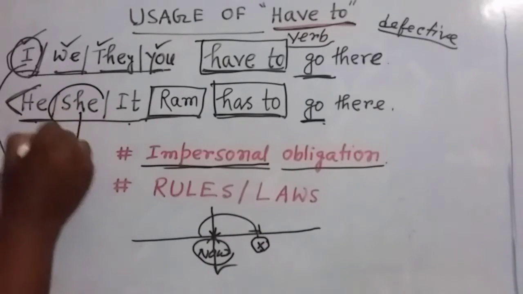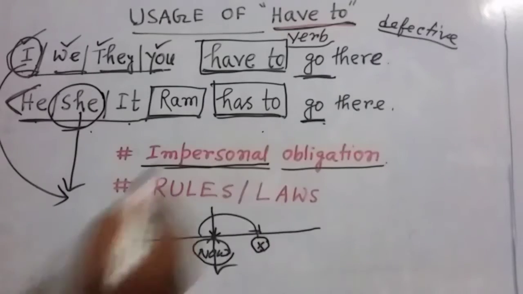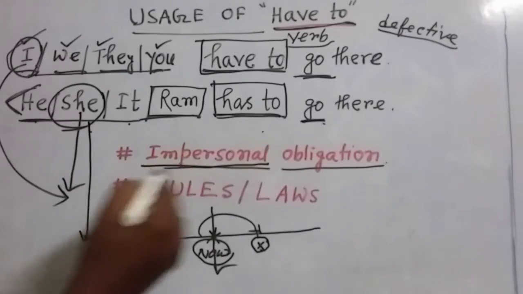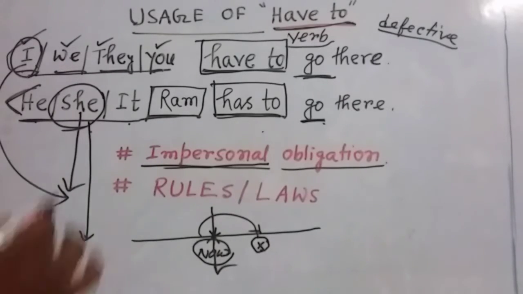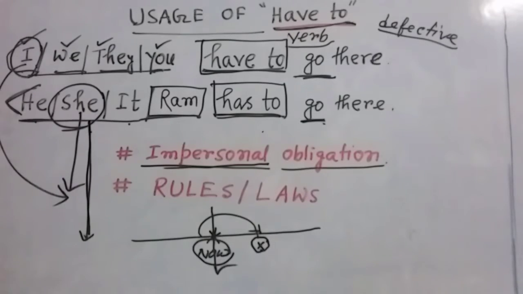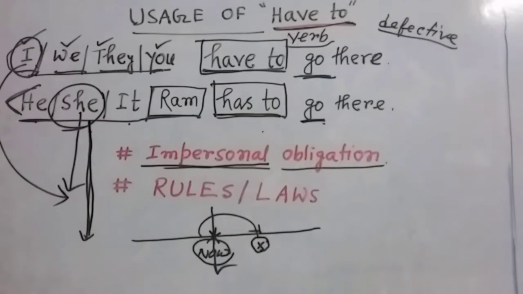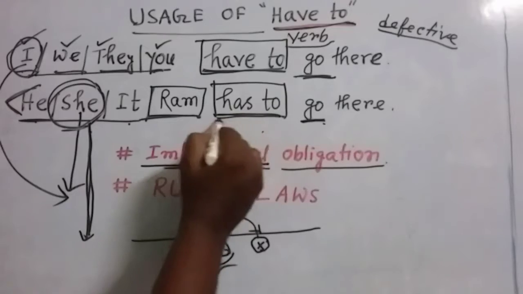That means here, suppose the subject is C. C has to go there. Here, maybe this person is not interested to perform this activity. It may happen. Maybe she is interested to perform this activity. Maybe she is not interested to perform this activity. Even though this person has to do this activity, this person has to perform this activity. That means these persons or these subjects are forced to do this type of activity. In this situation, we use have to or has to.